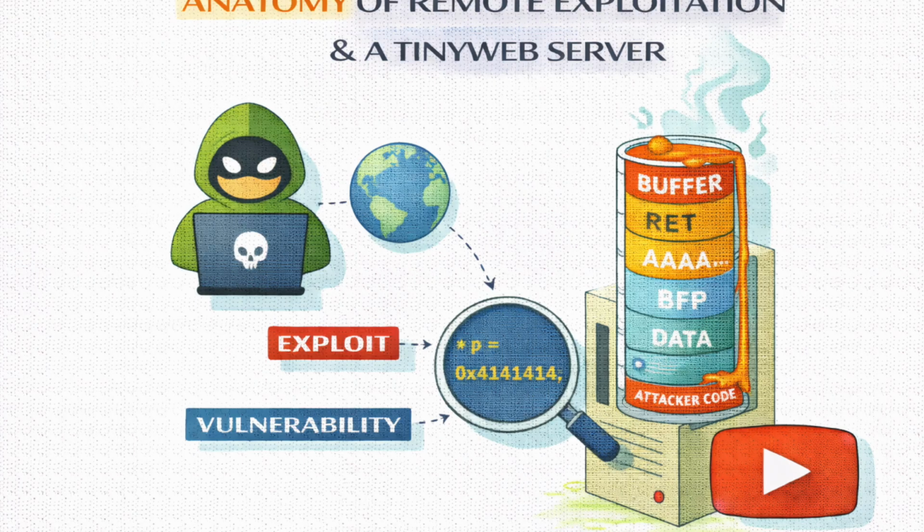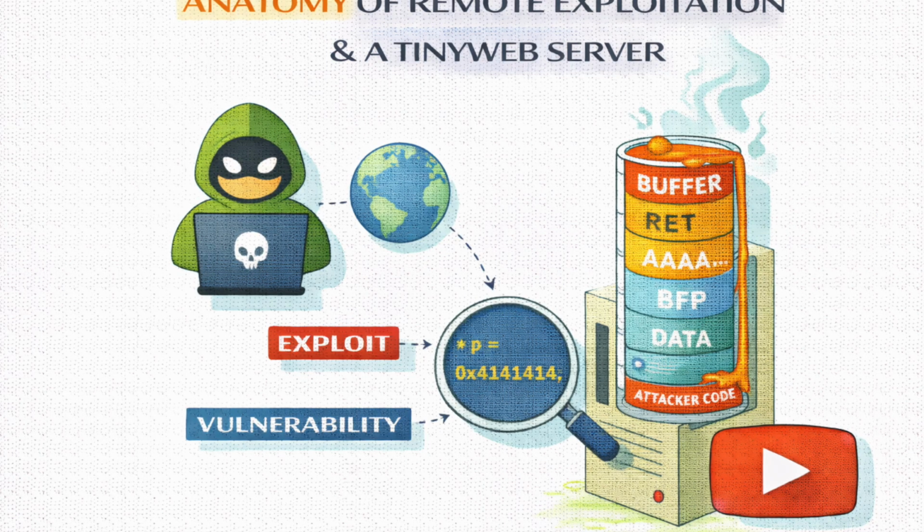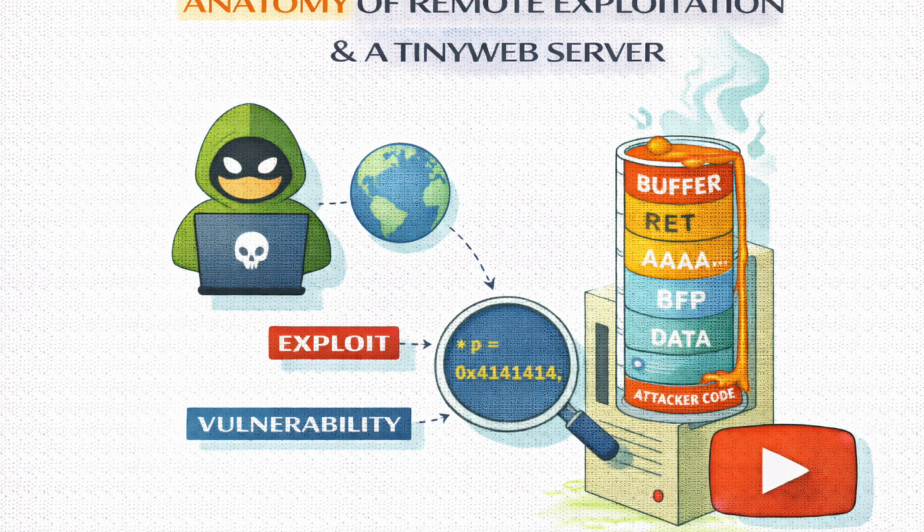So we send this package, the server chokes, the stack overflows, the instruction pointer gets overwritten with our address, it jumps to the sled, slides down, runs the shellcode, and opens port 9999. We connect with Netcat, and we're in. We're in. But, and there's always a but in security.